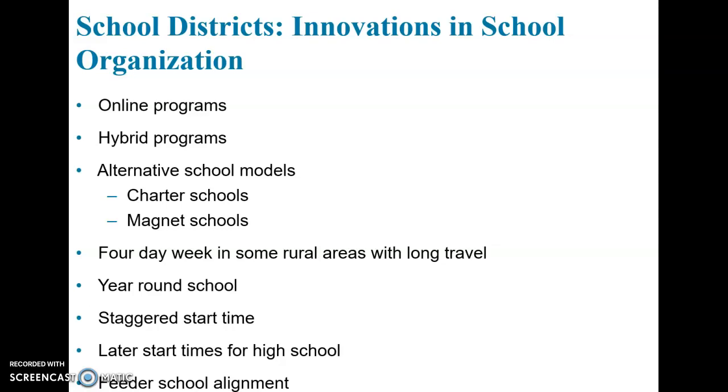Feeder school alignment. In the majority of school districts, communication and coordination across levels of schooling are quite limited. A few districts have created an organizational arrangement that places a high school, a junior high or middle school, and an elementary school whose students feed into one unit. In this alignment, there can be vertical communication and coordination that results in continuity around curriculum and more communication among